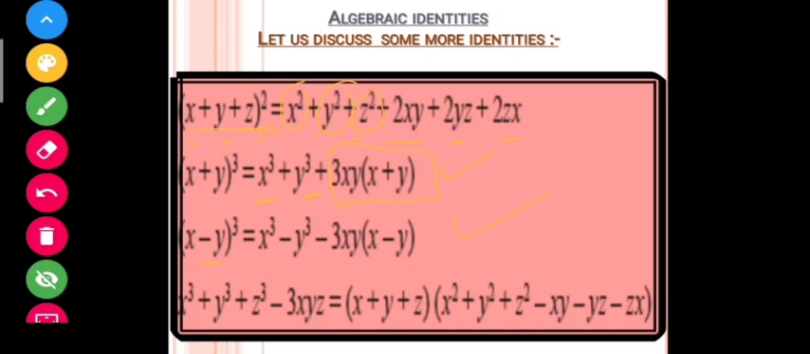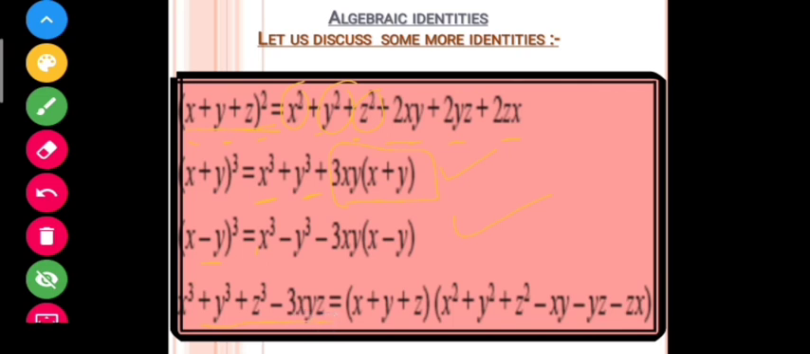Students, you also have to remember to always use the BODMAS rule for simplification. So you have to use the bracket first, and after that you have to do the cube. Okay, fine. And the last identity, that is also new for you, is x cube plus y cube